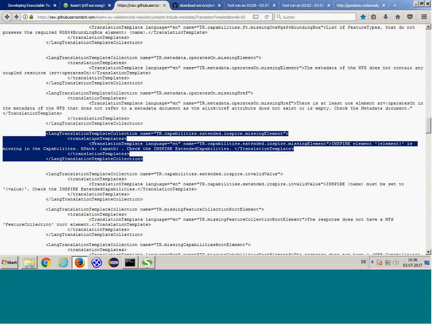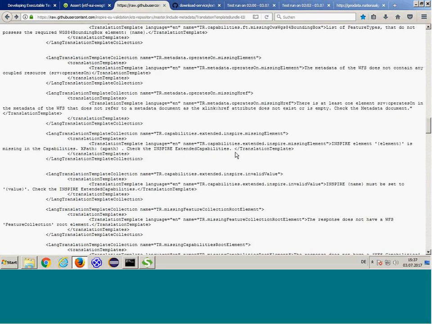The ETS repository created a translation template, a message that says that a specific INSPIRE element is missing, with this XPath, and to check the INSPIRE extended capabilities. So we use this error code here. And what the assert class actually does,